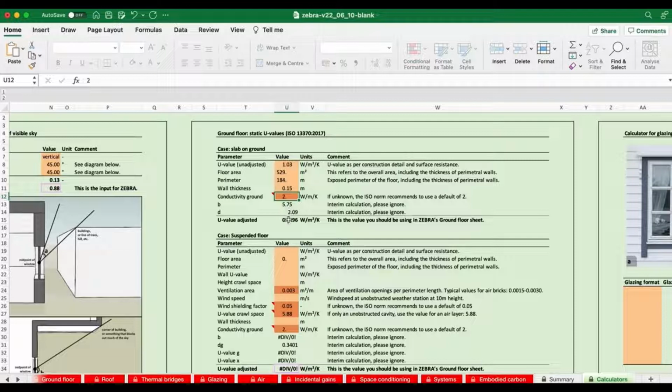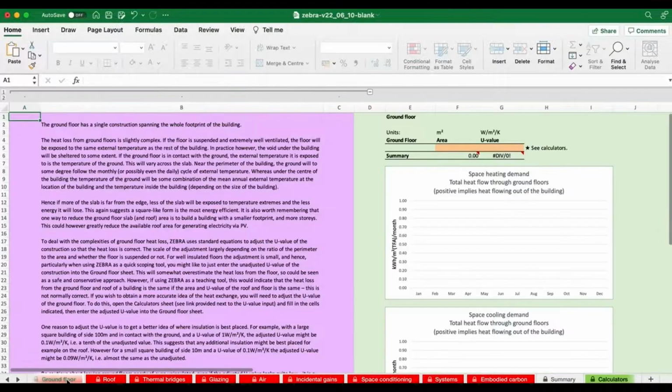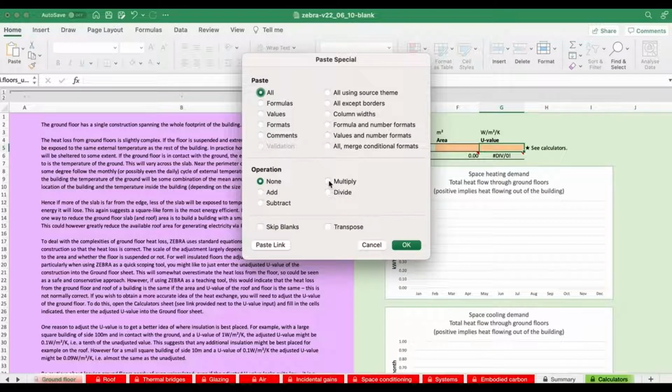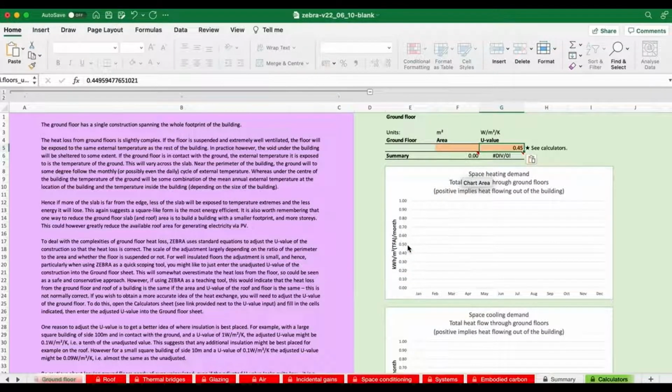So we can either just remember that number, or we can copy it electronically. Then we go back down to the ground floor, and we're going to paste it in here. When I paste stuff, it's really important, when you copy and paste from the calculator sheet into any of your other sheets, that you use the equivalent of Edit, Paste Special, Values, or you type it in by hand.